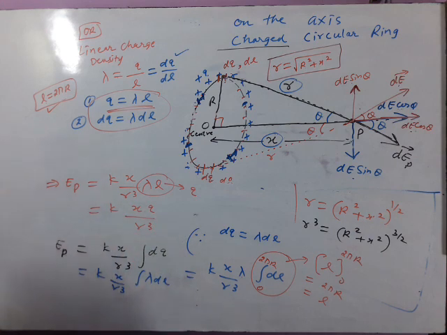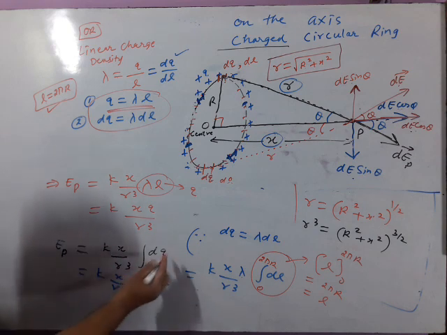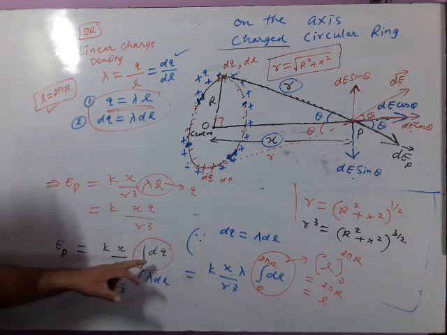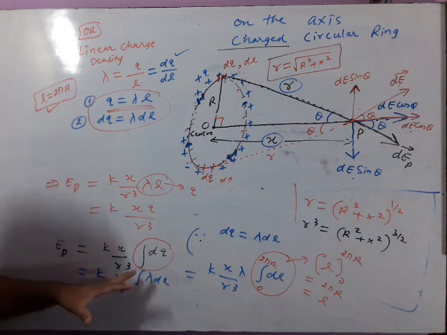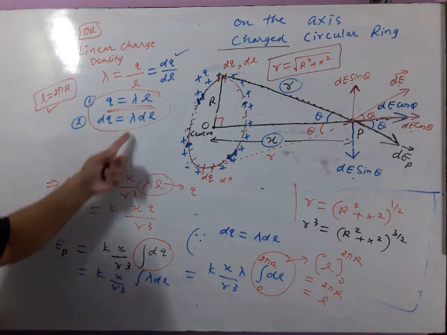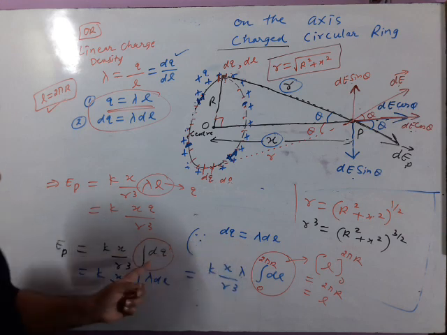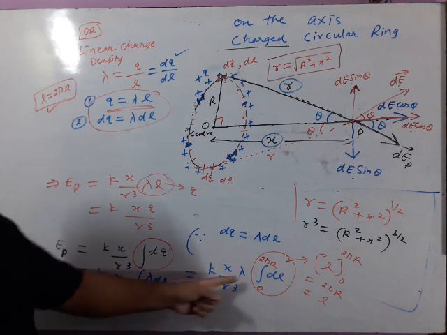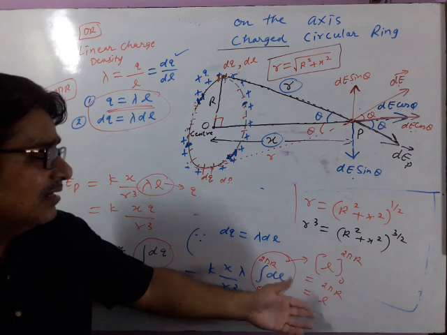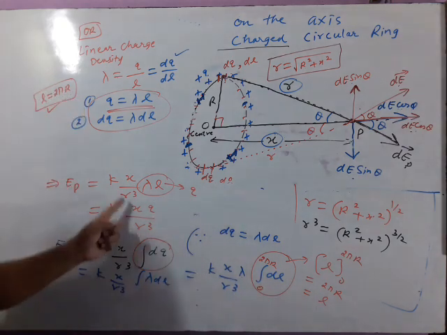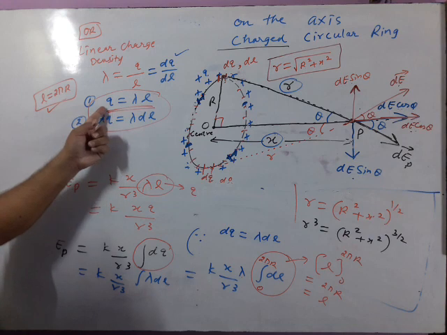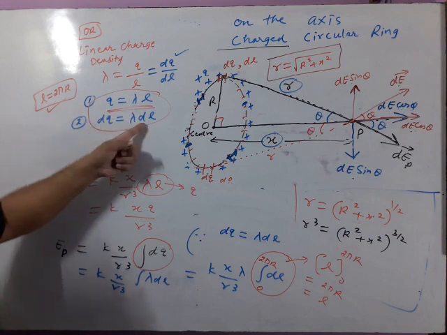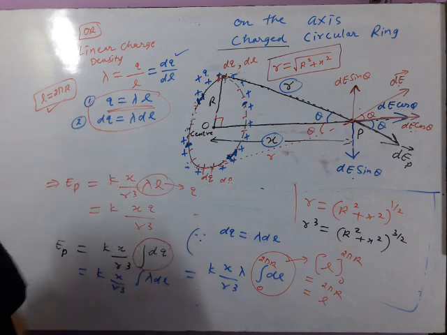The answer will be the same. I repeat: one step is you can directly integrate dq. Integration of dq is q, and that is the final answer. Another way is this dq is lambda into dl. Now put lambda into dl here in place of dq. Now lambda is linear charge density, which remains constant, taken outside. Integration of dl gives directly L. So lambda into L, again it is q. So remember, this q is lambda L and dq is lambda into dl. If you want to follow this technique.